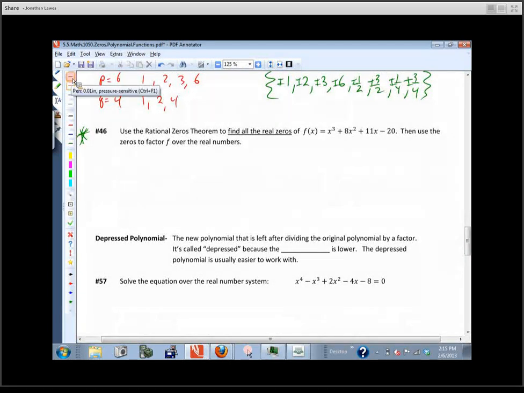So here's what we do. The first thing is I'd look at this and I'd say, it's a degree 3 polynomial. How many zeros am I looking for? There could be up to 3 real zeros. Now, if I remember right, I picked a nice one for you. So let's run through and do this.